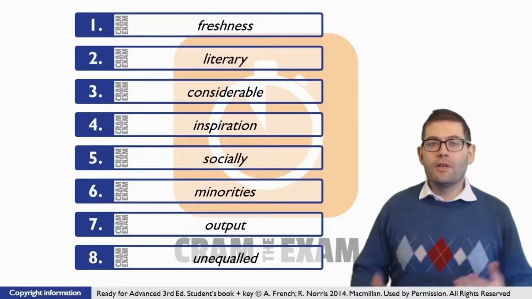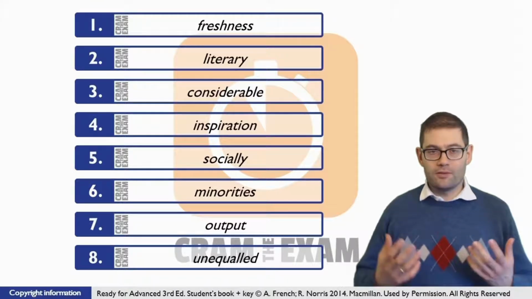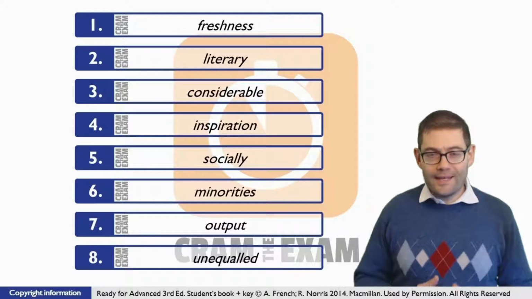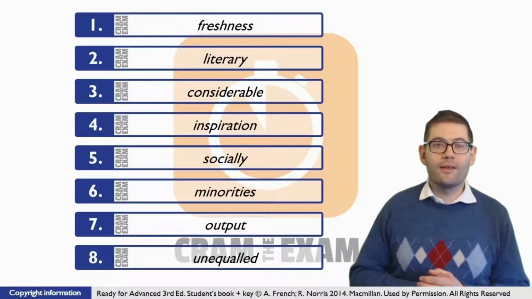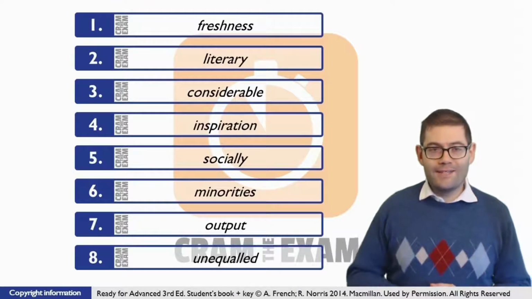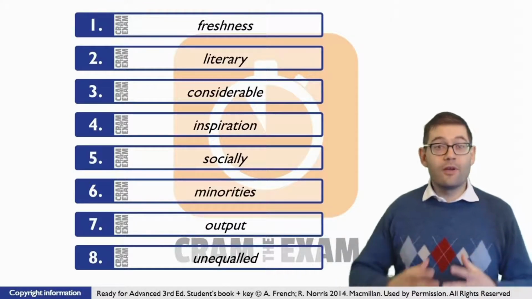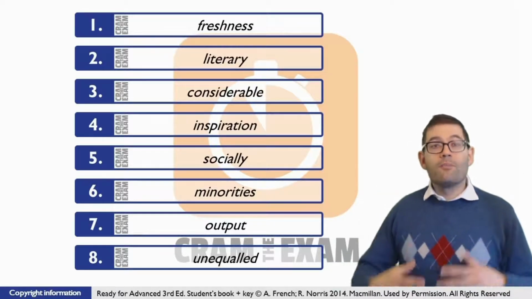For question number 7, just before the gap we've got an adjective, and just before the adjective we've got a personal pronoun, both of which don't have the noun that they need, which means that we need the noun. And you're probably looking at the stem word thinking, what kind of noun is this? Well, the answer is output. A person's output or a thing's output is the thing that he or that machine produces.